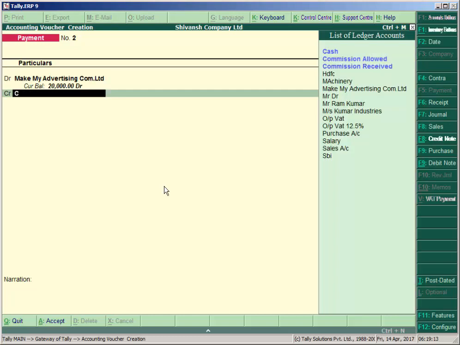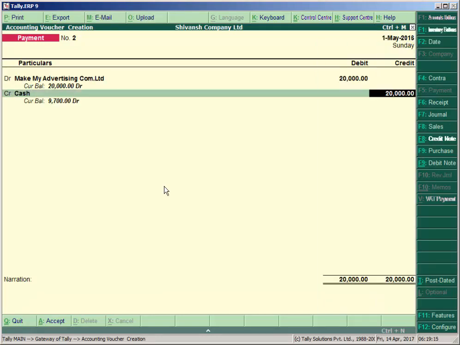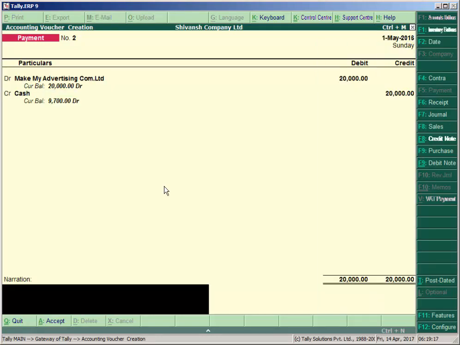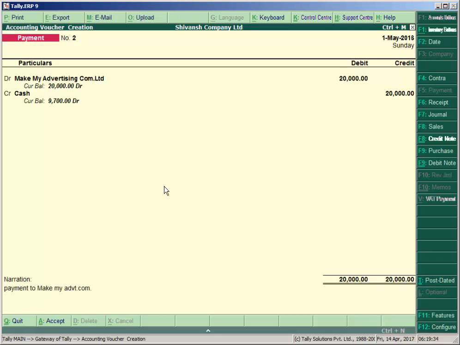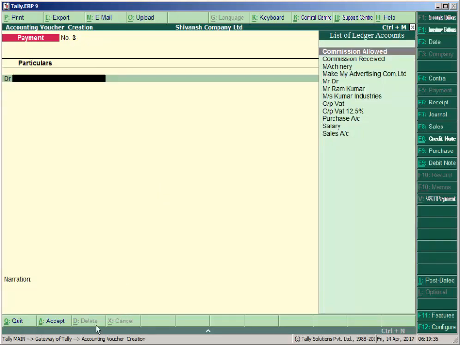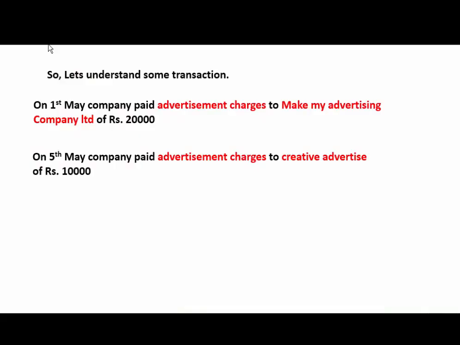So the amount will be 20,000. The company paid by cash, payment to Make My Advertising Company, and accept it.